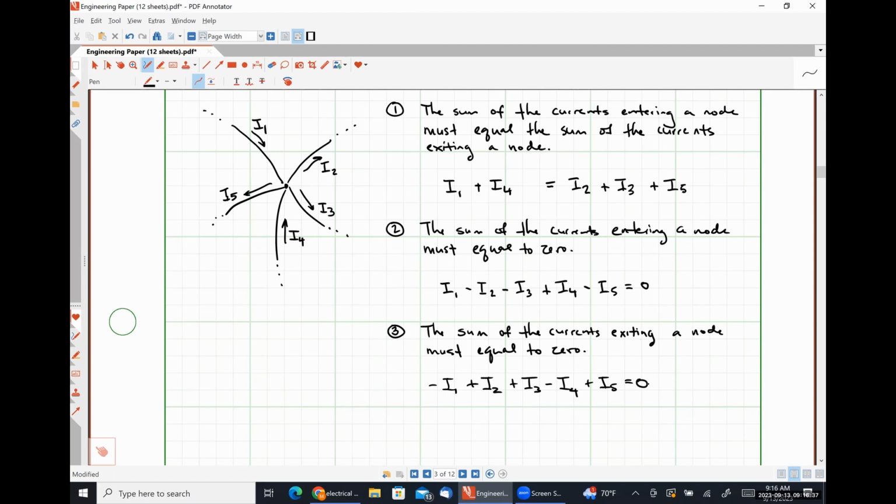So this begs the question, well, which one should I use? The short answer is whichever one you're most comfortable with. The better answer is whichever one you're most comfortable with until you learn nodal analysis, and then number 3. So nodal analysis is a very powerful circuit analysis tool that I've mentioned before that we are going to be learning, I believe, next Friday. And in order to avoid getting a whole bunch of random negative signs, it's easiest to sum together all of the currents that are exiting the node and set them equal to 0